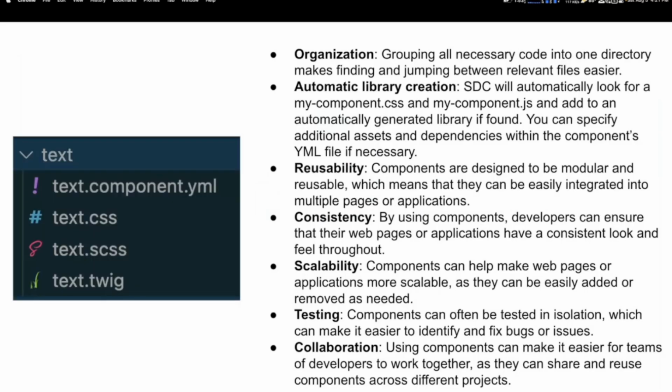Some of the benefits, I'm just going to read this off. One, like I said, is the organization of your components. You can have them all in a single folder. You don't have to go looking for where the JavaScript is, where the build is. Your Sass, you can build it right into the same directory. You don't have to worry about offing it anywhere else. It automatically picks it up and throws it in there. Your library creation, like I said, you no longer need to create your libraries.yaml in your theme or even in your module anymore. It actually is done there already.